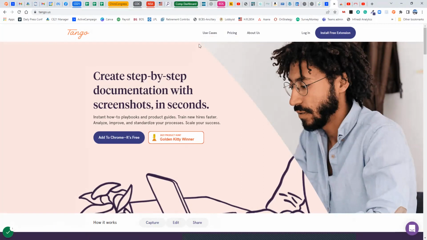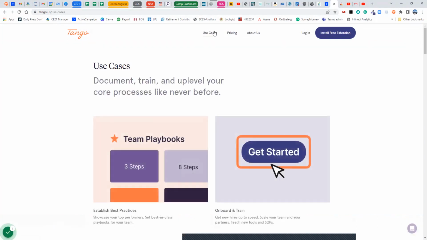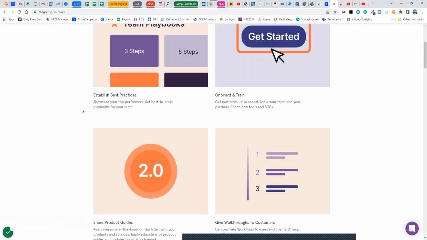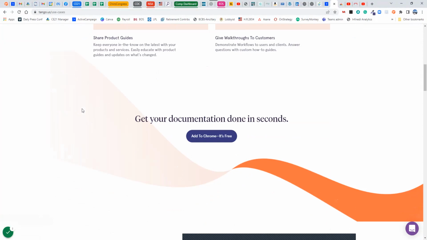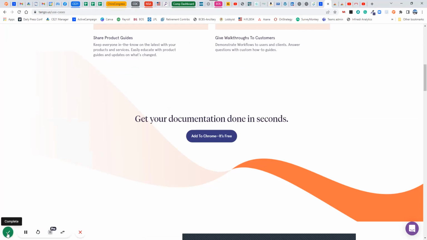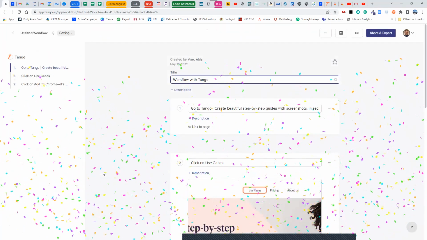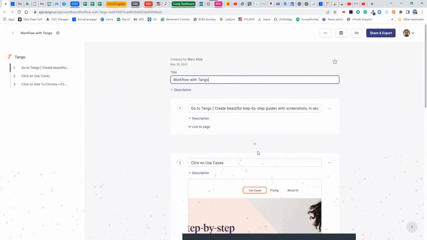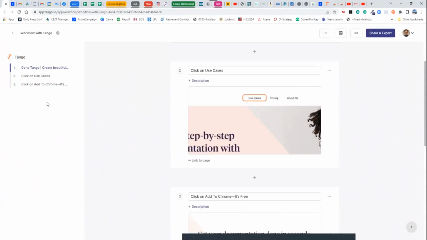But whatever you're doing, you'll notice as you begin to hover over, it begins to try to select those, and you can see it circle them. In this case, I'm just going to glance and show you kind of how this ultimately works. You select use cases, just as an example again. And you can walk through and see the different things that this may do. And then when it's time to go to the next step, you would make the next selection. When you're finished and you have wrapped up, you just click the green complete button in the bottom left-hand side. At that stage, you'll see it automatically brings up another page,